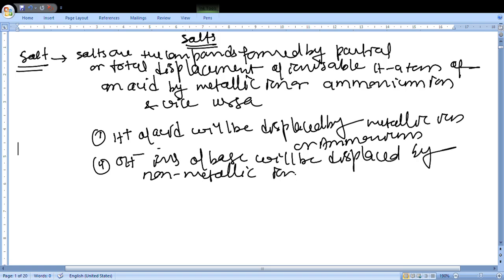So here we are taking an example, just one example I am taking, that NaOH plus dilute H2SO4,